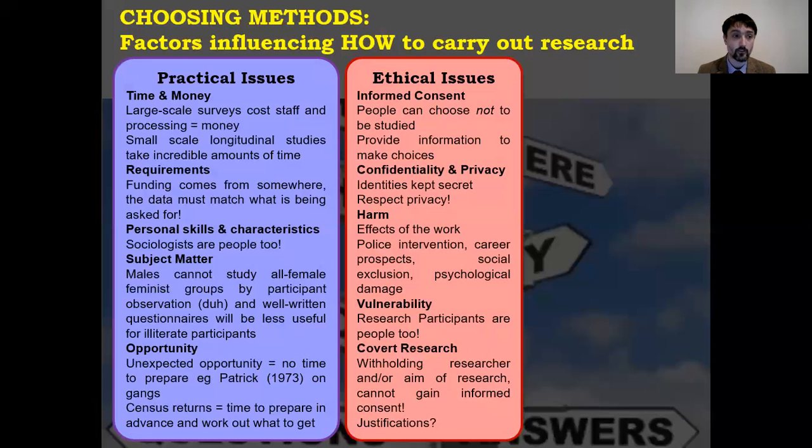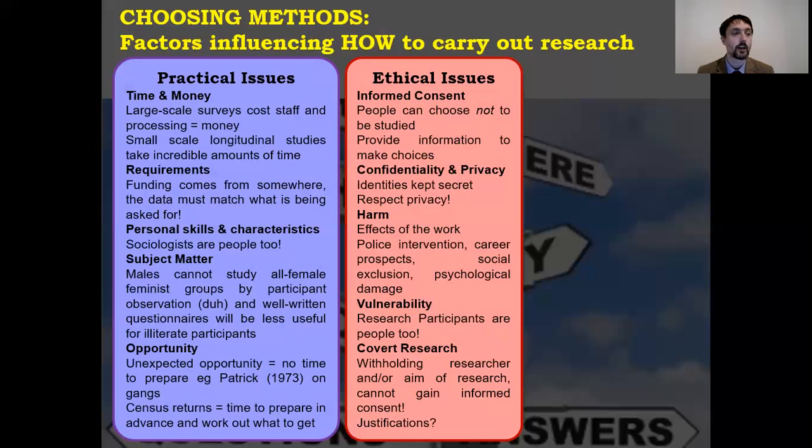Equally, surveys into crime or participant observation could lead to police intervention for the people being surveyed or for the researcher themselves. There's career prospects. If you discover someone is a football hooligan, for example, or was a football hooligan, that could affect their career prospects in the future. Or maybe you dig up some social media posts, and we've had some high-profile cases of that over the last year, where people's social media posts in the public domain have affected their career prospects in the future, or they've turned up to far-right demonstrations, been identified on the internet, and lost their job. Some people who looked similar to those people also lost their jobs. You don't always get the right people.